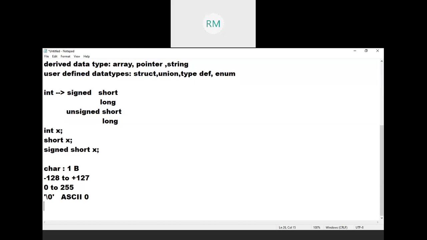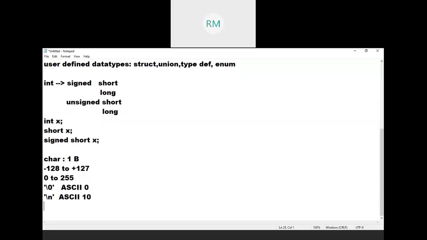Okay. For the new line character \n, its ASCII value is 10. For example, what is the character with ASCII value 1? Smile face. Some ASCII values you also have to remember; they might ask you to write them.